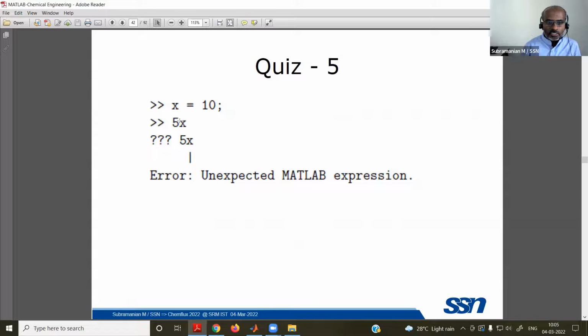But here the mistake is actually 5 star x, because you cannot simply write it as you would on paper. We know 5x means 5 into x, but MATLAB needs to be instructed with the star symbol. Okay, nice, good. Thanks for the input by both the people.